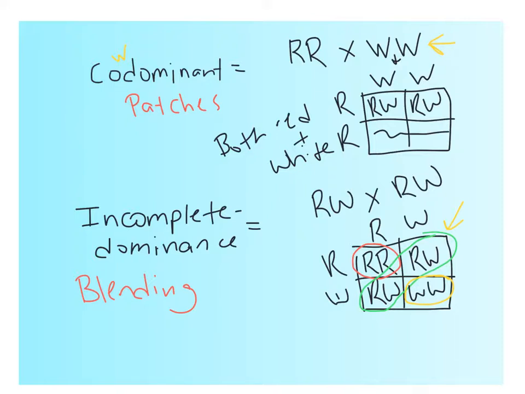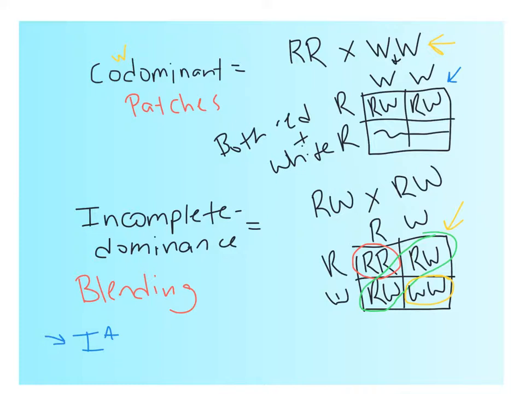Also, do not forget, when it comes to blood typing, there are 3 different alleles. That's what makes it multiple allelic. Usually there's only 2 alleles, like R and W, or big D, little d. But in blood typing, that's the allele for type A. Remember, do not forget that